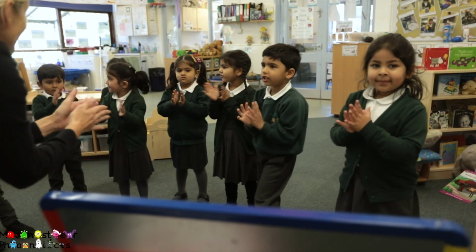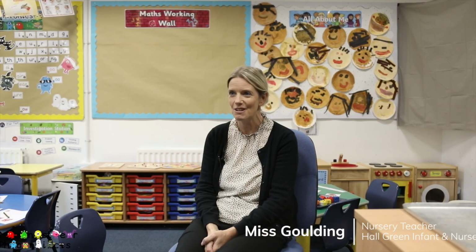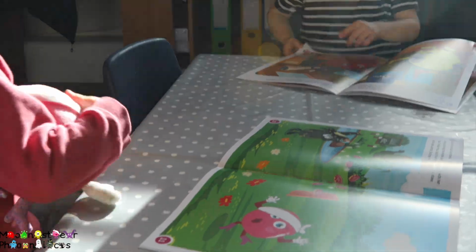I'm Rebecca Golding and I'm a nursery teacher at Hall Green Infant School. We've just recently started Monster Phonics. It's very fun. The children love the monsters, very, very colourful, very visual for them, and really lovely books. Being colourful